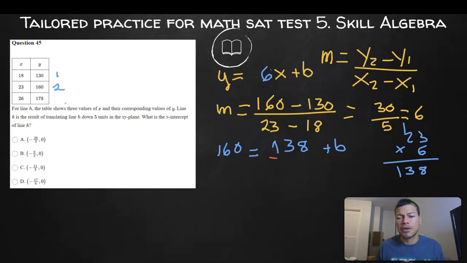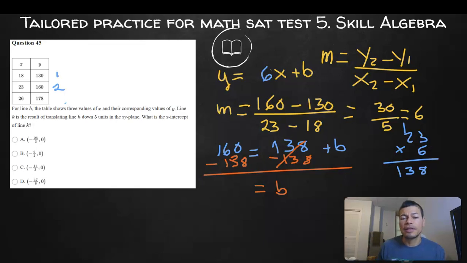So we're going to take away 138 from this side. And we're going to take away 138 from the left side of the equation. All right, I'm having a hard time writing here, guys, but I'm going to make it happen. So this cancels each other out. B is going to be equal to